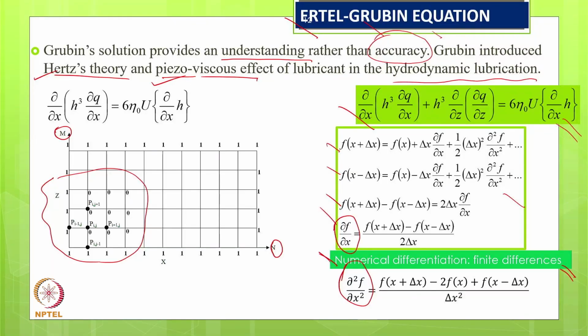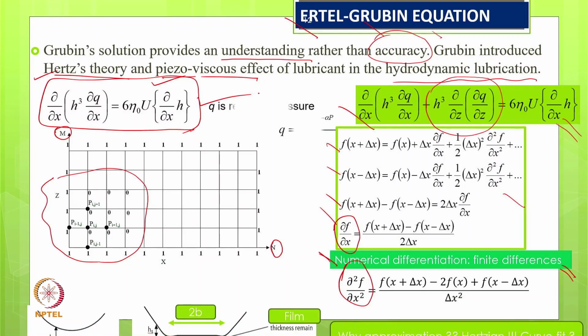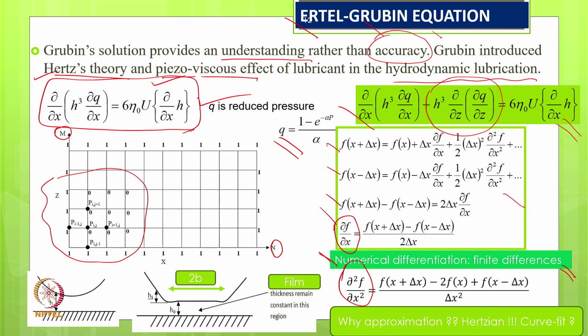So in this situation, we are again considering only a one dimensional equation instead of two. Earlier we considered this expression also when we used the finite difference method to get a solution. Instead of that, we are considering only a one dimensional equation, and the del q by del z has been rejected. We say that there is no variation in this direction, so only this expression is being considered here. Of course, in this case we have already incorporated the q, which is a reduced pressure which incorporates the piezo-viscous effect. Now we need to bring